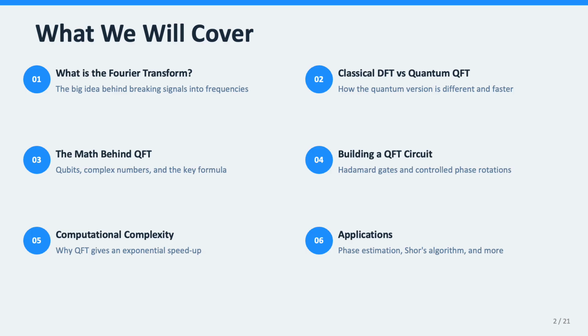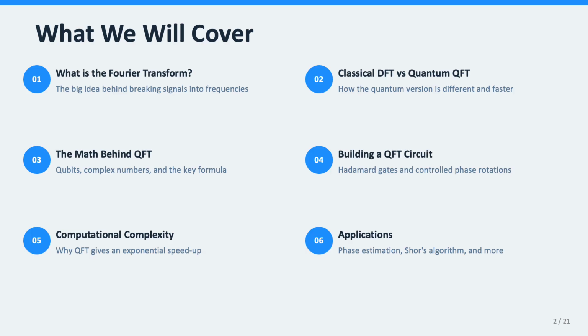When you listen to music, your speakers turn electrical signals into sound. Behind the scenes, engineers use a mathematical tool called the Fourier transform to break those signals apart and put them back together. The QFT is the quantum version of that same idea, but it works with quantum bits, or qubits,